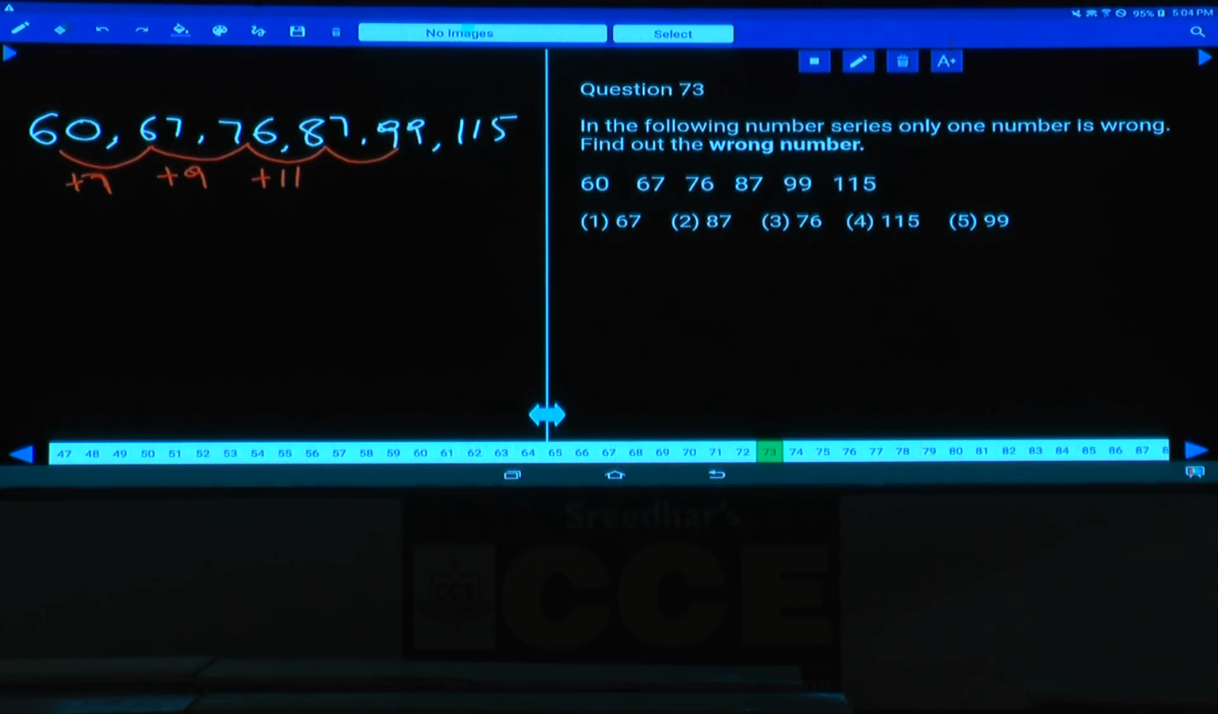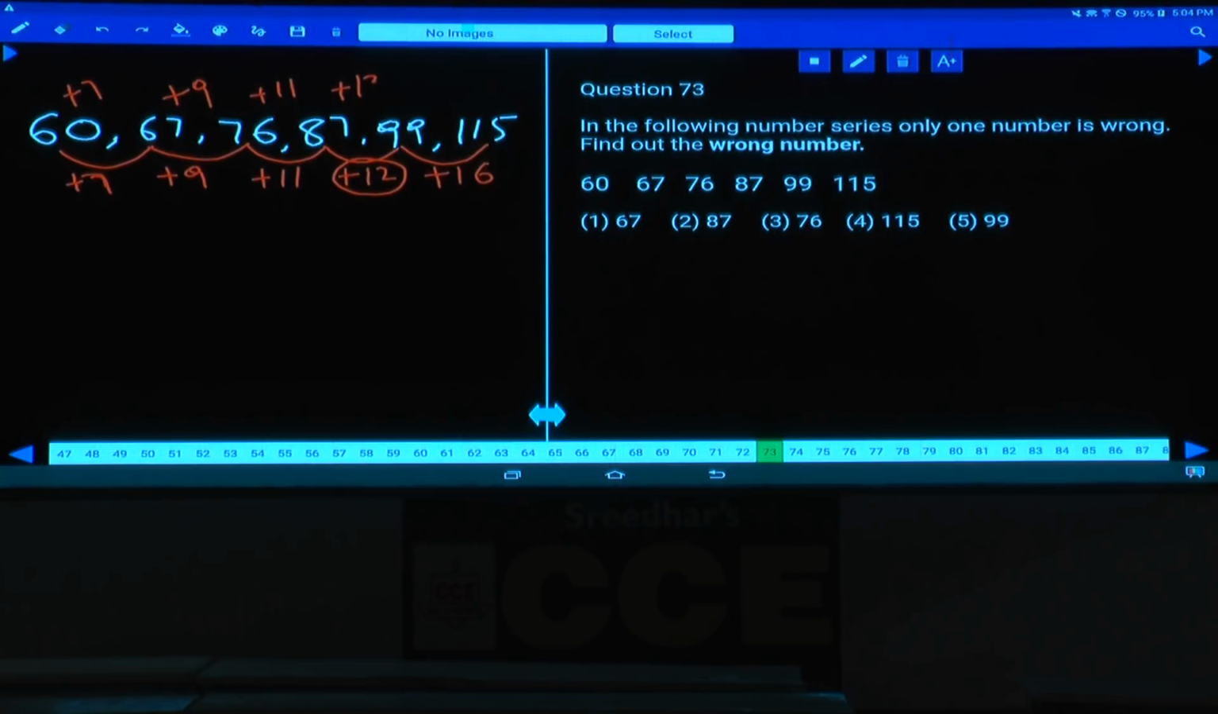87 and 99, here the difference is 12. And 99 and 115, here the difference is 16. Tell me what is the wrong number here. 7, 9, 11, all the given numbers are odd numbers, hence here it must be 13. Isn't it? What should be added here? 13 should be added. If we add 13, 60 plus 7, 67, plus 9 is 76, 76 plus 11, 87,